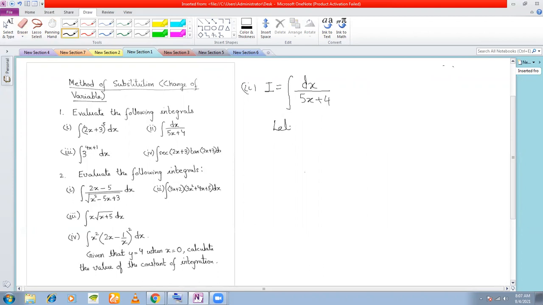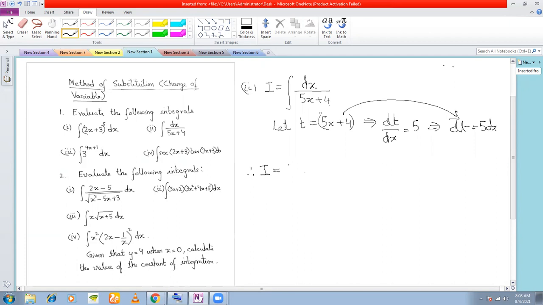So I say the linear polynomial that is there, 5x + 4, let's assume it to be t. So let t = 5x + 4. That means you get dt = 5 dx. Let's say dt/dx; for the time being, I'm writing dt/dx = 5, and then I am writing dt = 5 dx, right? After a few sums, directly from here, I'm going to write this. So be comfortable with this step.